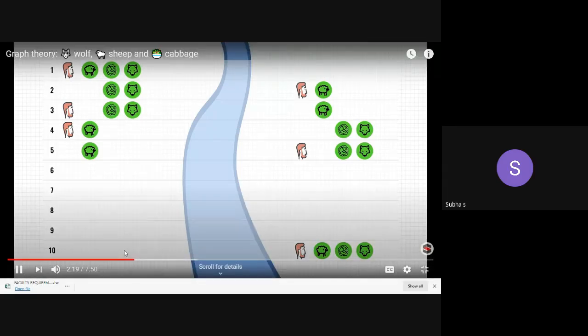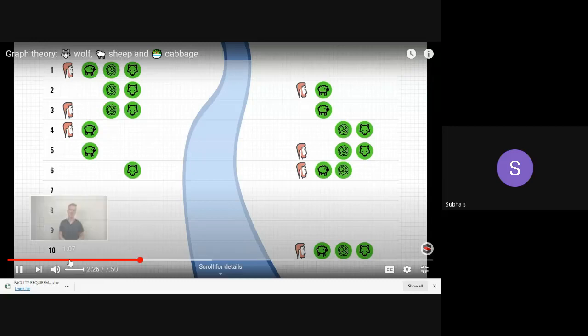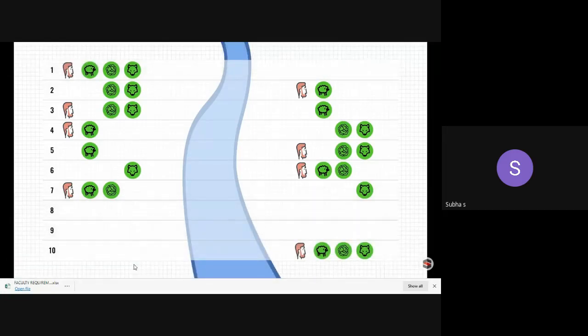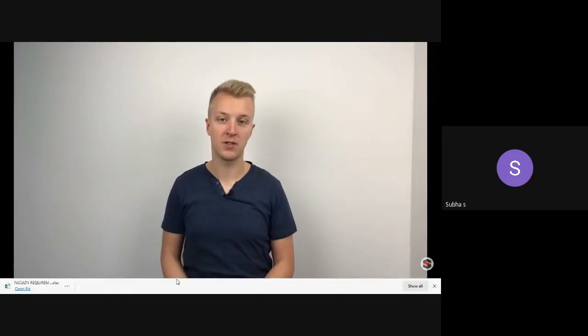Now let's go back to state 2. From here, we can transport the cabbage across and leave the wolf alone. Just like before, the inverse is valid as well. But now we have a problem. We can't leave the sheep and cabbage alone, so we have to take one of them back with us. If we take the cabbage back with us, we end up in state 3. So let's take the sheep back across instead. And once again, the opposite situation is valid as well. And that's it. That leaves us with 10 valid states for our puzzle.